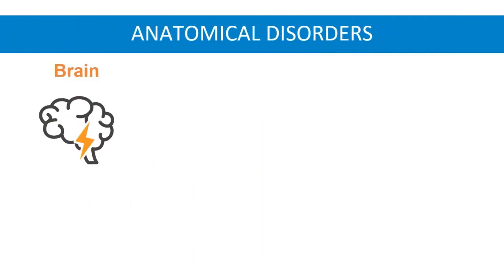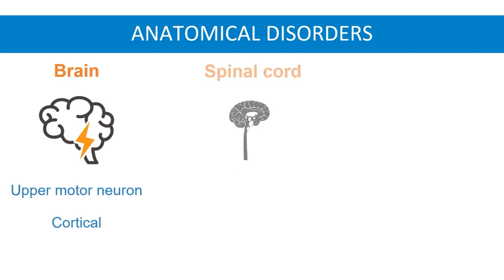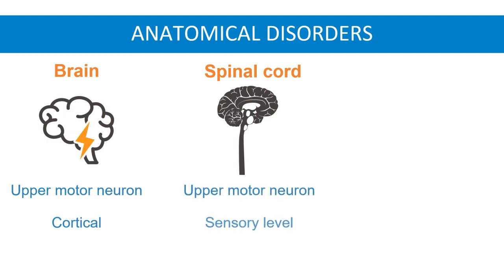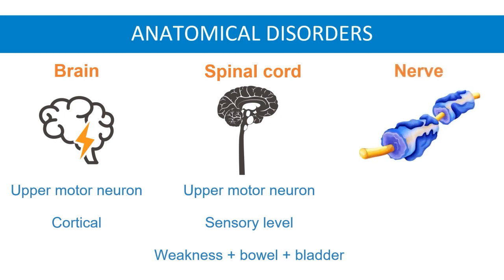For disorders affecting the brain, upper motor neuron and cortical signs are common and are often unilateral. Spinal cord processes are suggested by upper motor neuron signs and a sensory deficit below a specific dermatome level. Bilateral extremity weakness and bowel or bladder dysfunction can be present. Lower motor neuron, peripheral nerve, nerve root, and plexus disorders often have lower motor neuron signs and may have sensory